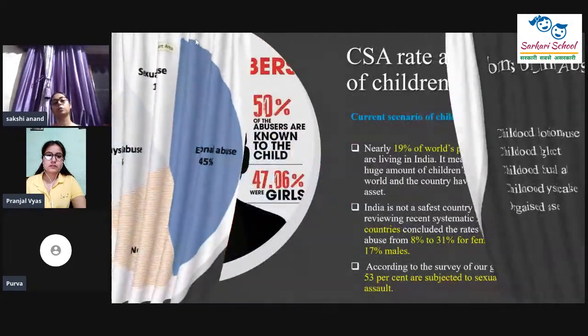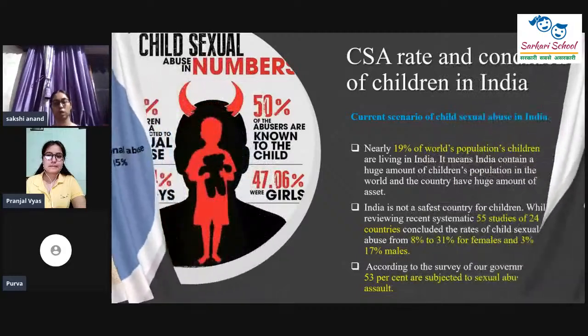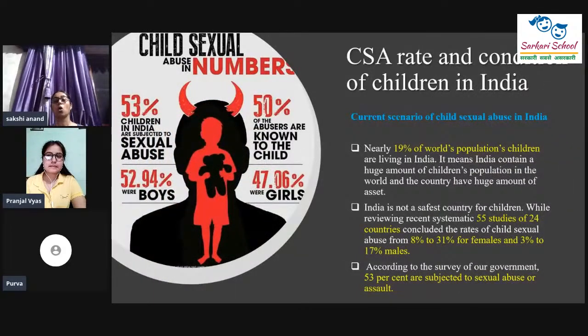child sexual abuse rate and the condition of children in India. Now, we categorize this topic into two. First is the current scenario of child sexual abuse in India. In this, around 19% of the world population, as we all know, is living in India. And